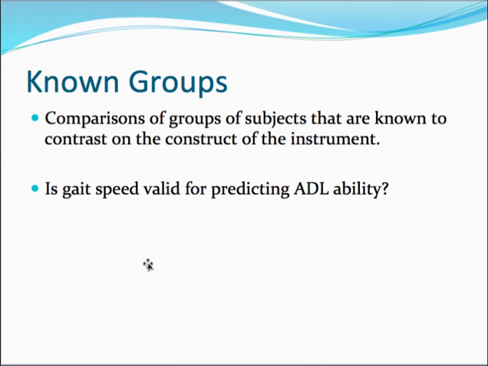And then the final example is known groups, and this is where you just see if the scale picks up differences between groups that are discriminated clinically that make sense to you. So for example, young hip fracture patients versus old hip fracture patients, or hip fracture patients that had low functionality prior to hip fracture, and those that don't, or hip fracture patients that use assist devices versus those that don't. We would expect the LEM to pick up differences in those